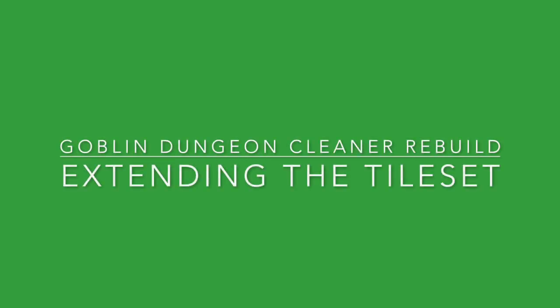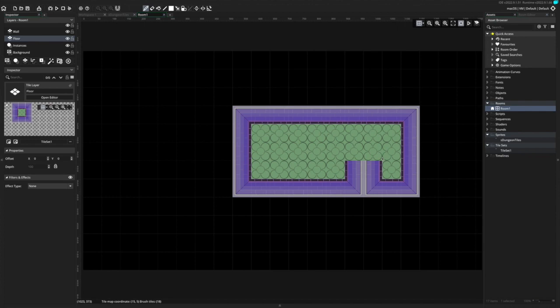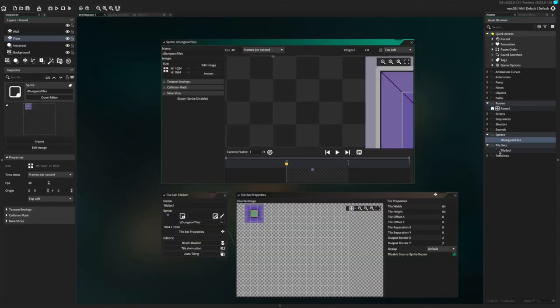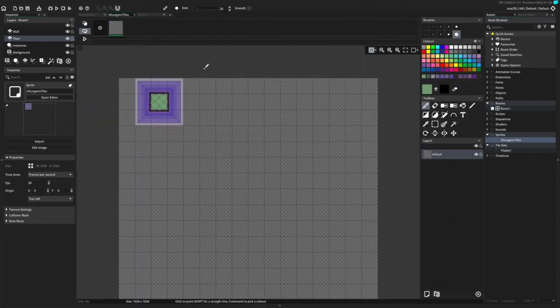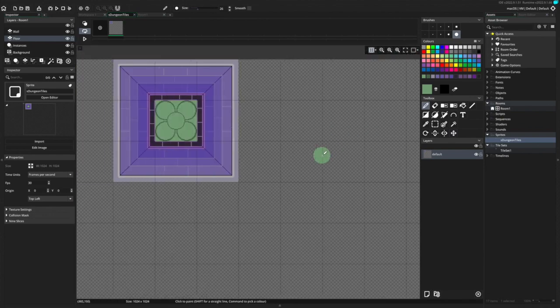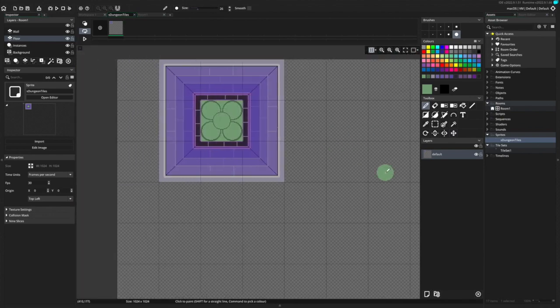Goblin Dungeon Cleaner Raven, extending the tiles. Extending the tiles today, what we're going to do is build the corners out so it sits at the end, so you can end rooms and also build connecting rooms. As you see, we're quickly back where we started, so we'll do some copy and pasting, and then we'll